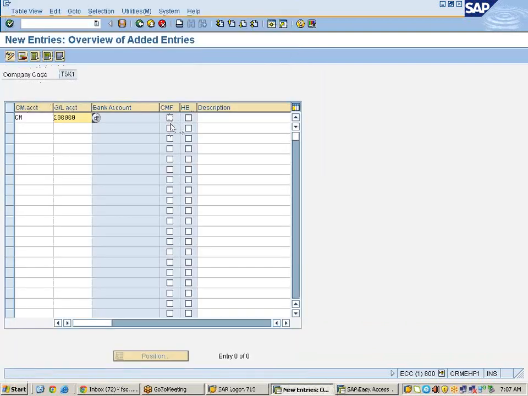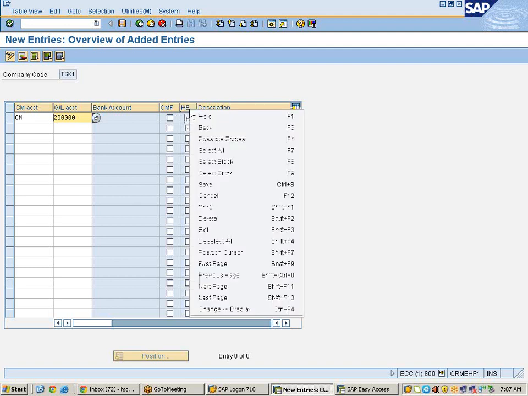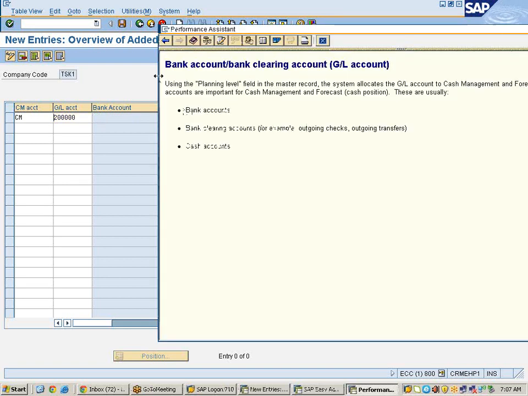Now here is the cash management function, that means cash flow and house bank. So from where the data is going to be forwarded. This is a very important function. Let me discuss. So here bank account, bank clearing account, using the planning level of the bank account field in the master record, the system allocates the GL account to cash management, just what I had told you.